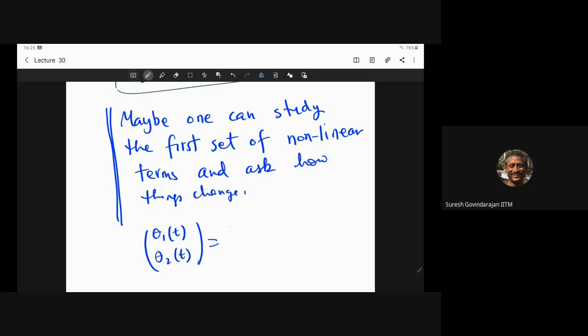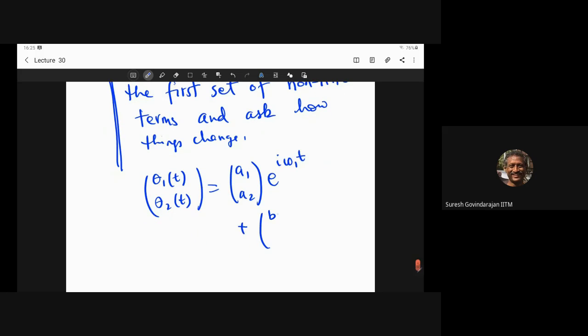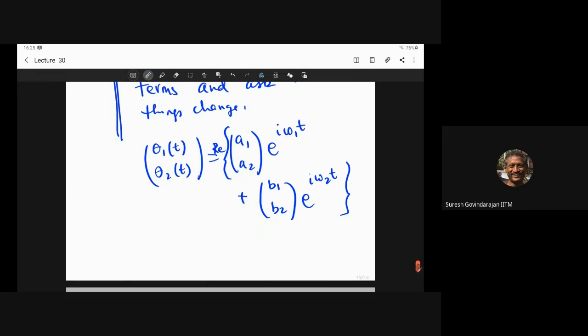So some a1, a2, e power i omega 1 t plus d1, d2, e power i omega 2 t. Of course, real part, a1, a2, d1, d2 are imaginary, etc. All that. So this is our simple solution. So what we do is, we call this the zeroth order solution,